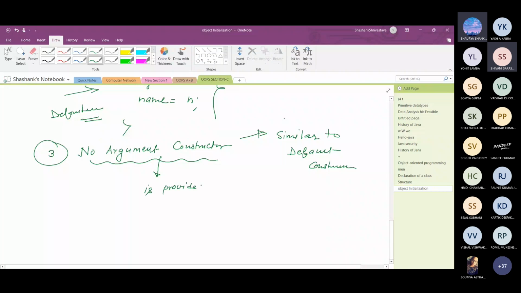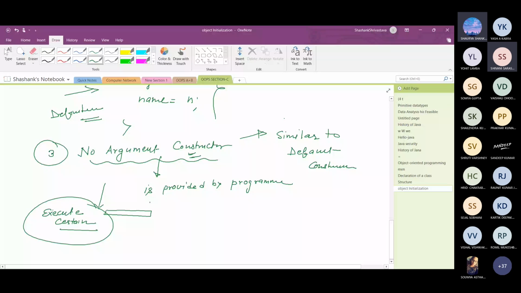And since in this case there is no argument, initialization is not done at the time of the constructor. So in the no argument constructor, if you would like to execute certain instructions, in that particular case we can use the no argument constructor.